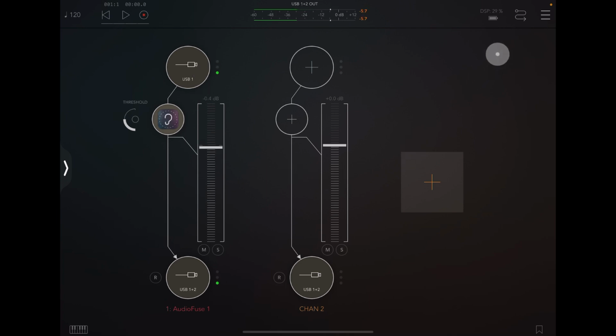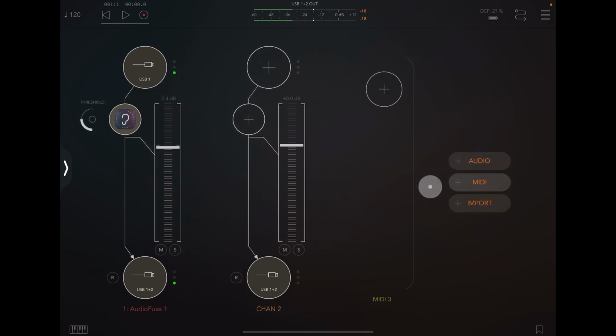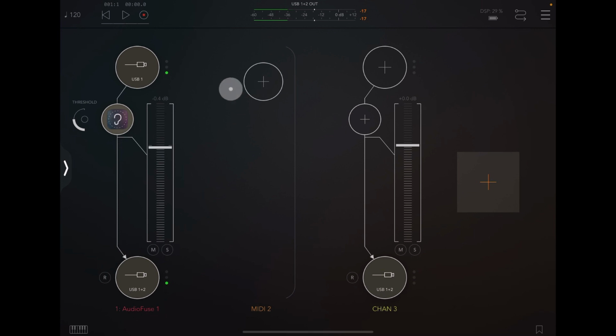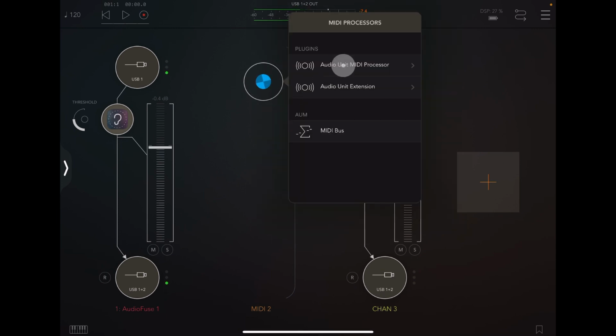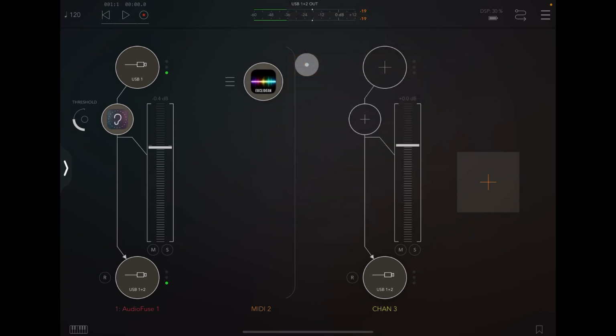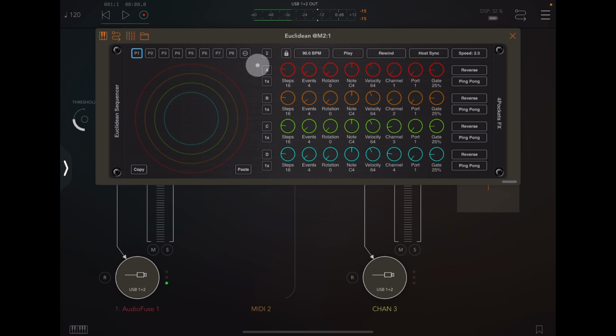So basically you'll be starting with a blank project. You want to be opening a MIDI. We're going to move this there like this so the MIDI stays here. And we will open Audio Unit MIDI Processor and Euclidean Sequencer. And at the moment, that's all we need to do. We don't need to worry about anything else. However, one of the important things you should do straight away is,